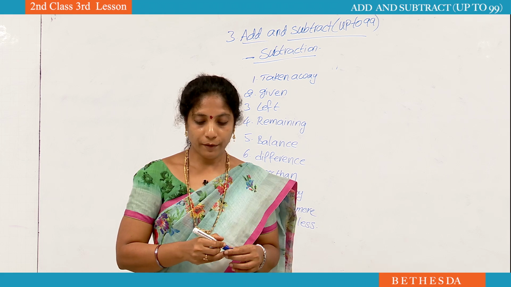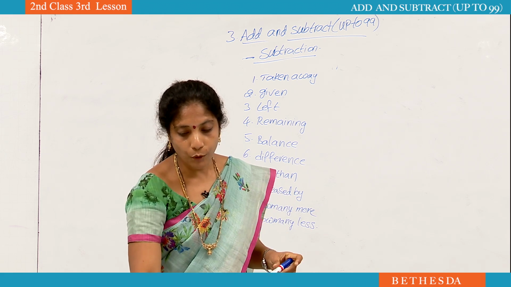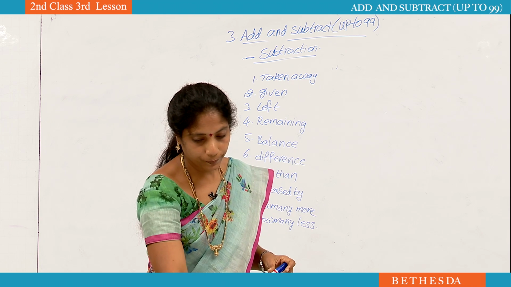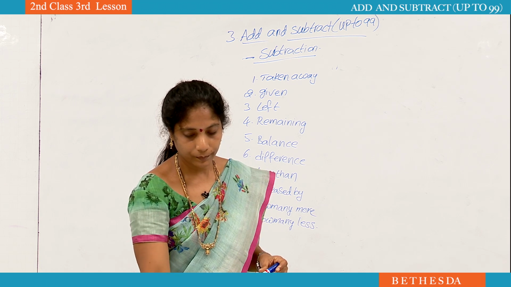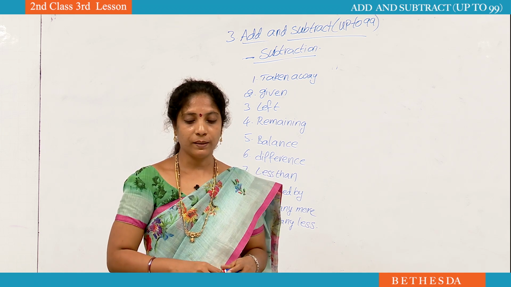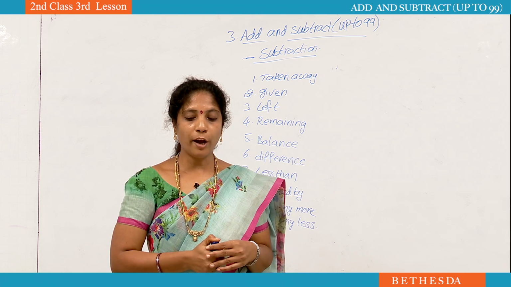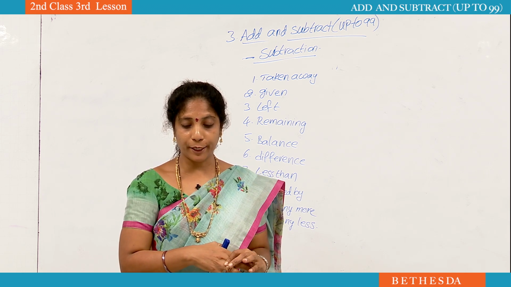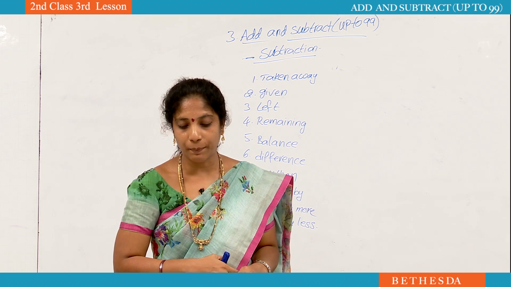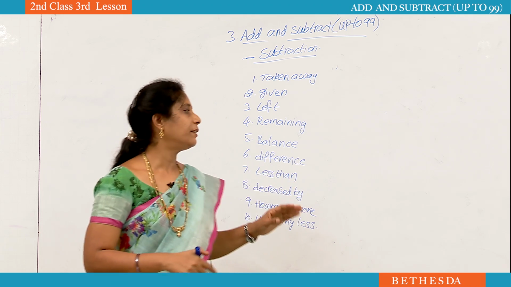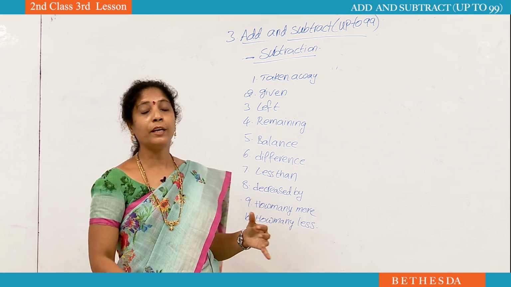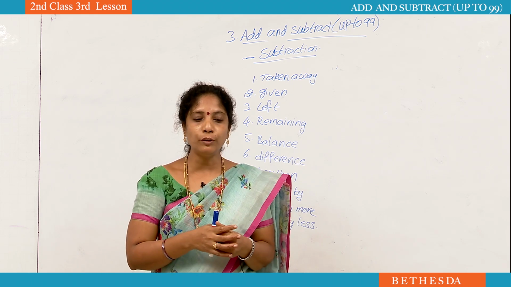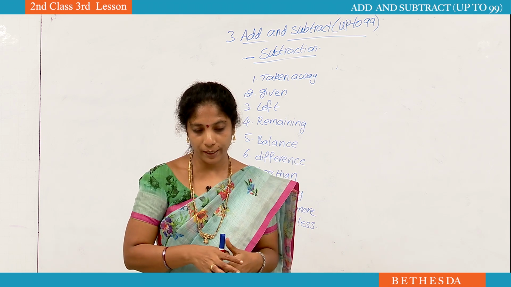subtraction. See here, for example, open all of you your studio, page number 63. There are 5 toys. Which toy would you like to buy? Circle it. If you paid the shopkeeper 90 rupees, how much money will you get back? Here we did not get any clue word, but we are given the total money, and we will get back some money. Then what should we do? Here we have to do subtraction.